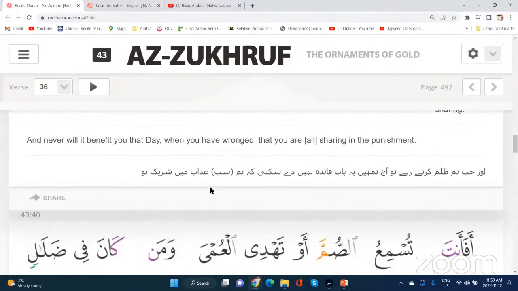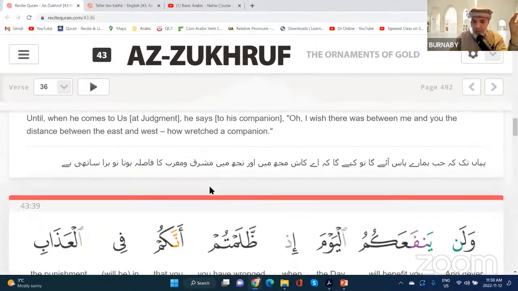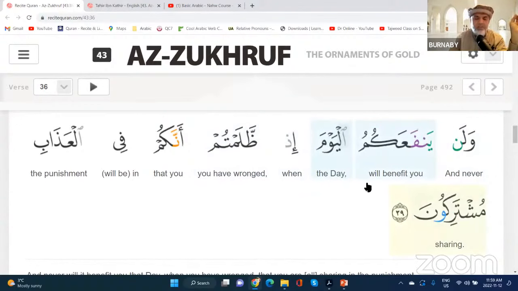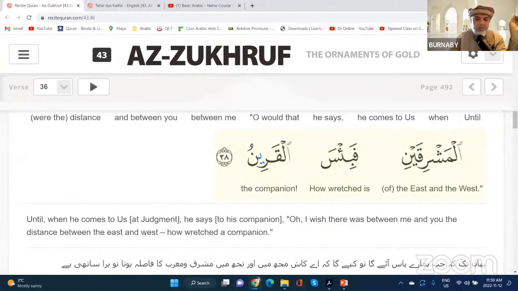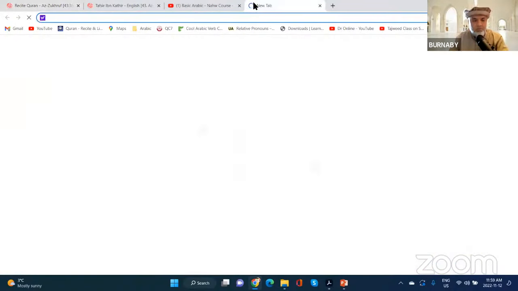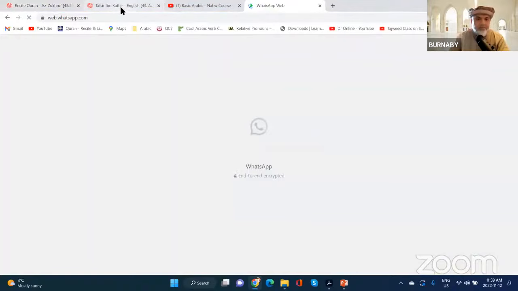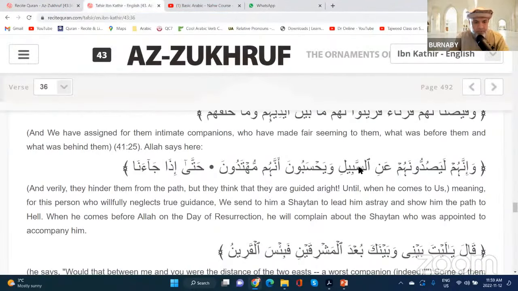Okay, so from these two verses alone, and okay, wa lan yanfa'akumul yawm. Okay, so what did I say? How many verses did I share with you guys? Only two? I think so. Let's see if I can quickly find it. So over here,